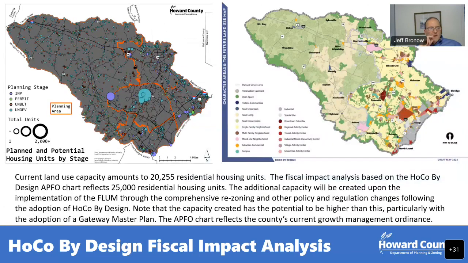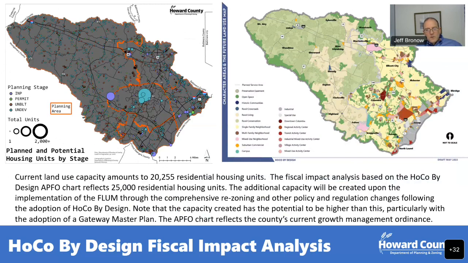And regarding how that relates to HOCO by Design, on the left is a map of our existing land use. The size of the dots represent where the future development is going to go based on what we know, based on what's in the pipeline, based on the zoning. The map on the right is the FLUM, the future land use map in HOCO by Design in the draft